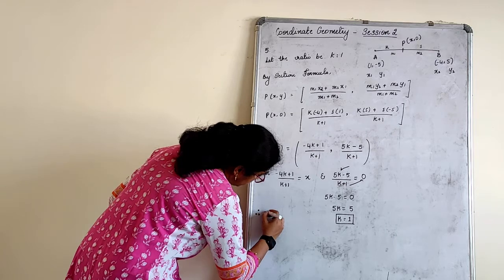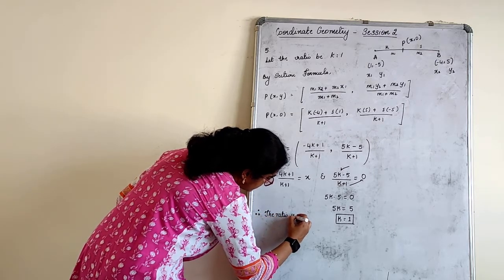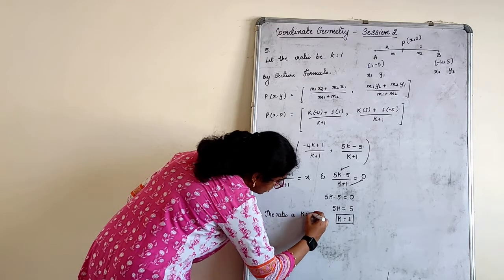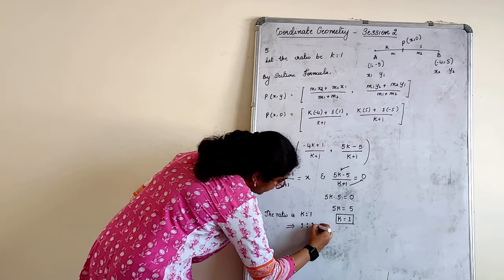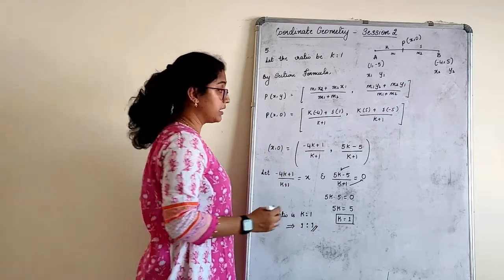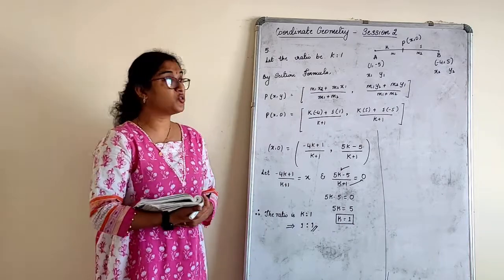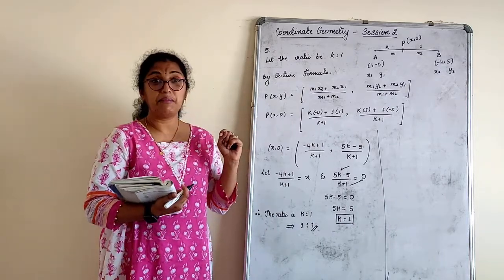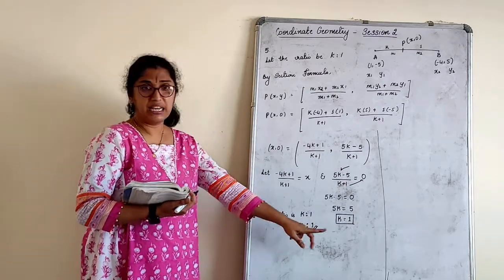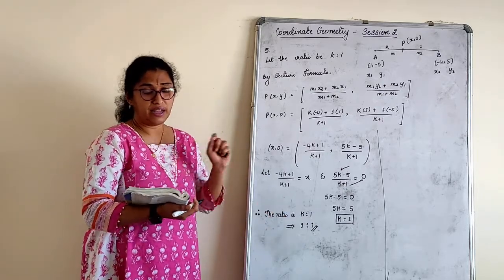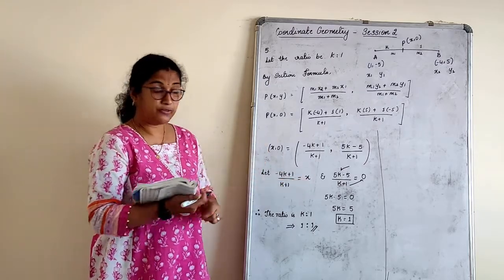Therefore, the ratio is k is to 1, which is nothing but 1 is to 1. We're done with the first part. Next, what they have asked, children, if they are dividing in the ratio 1 is to 1, that means P became the midpoint of that segment, right? It is divided in the ratio 1 is to 1. Our work is done. Next, they have asked to find the coordinates of the point where it is dividing.